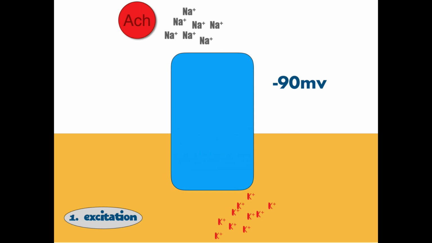So when this junction here is not stimulated, you have a higher concentration of sodium in the synaptic cleft and a higher concentration of potassium in the sarcoplasmic reticulum. And this differential has a negative 90 millivolt charge. So that being said, now the neuron is being stimulated, acetylcholine, the neurotransmitter, has been released,